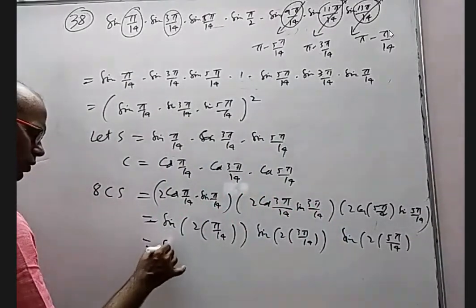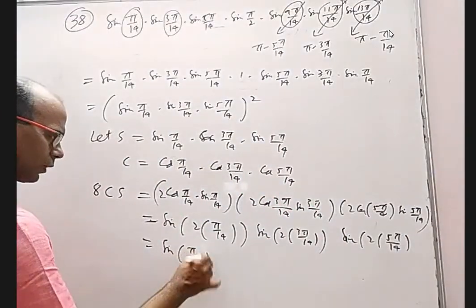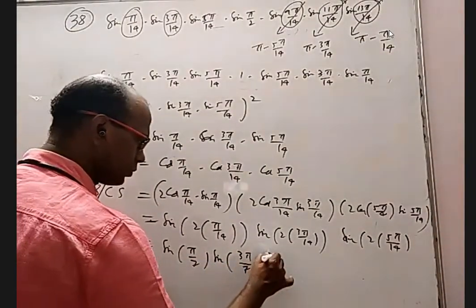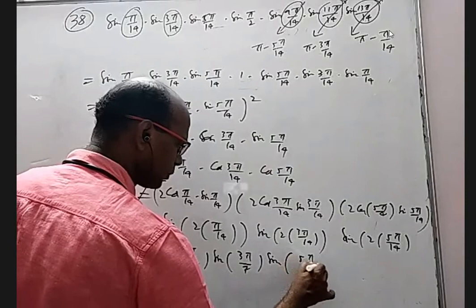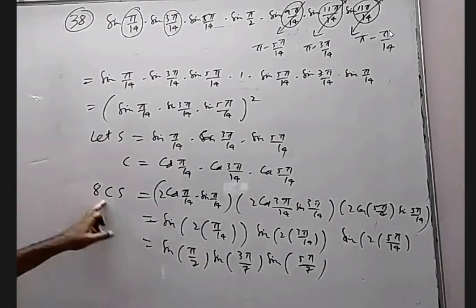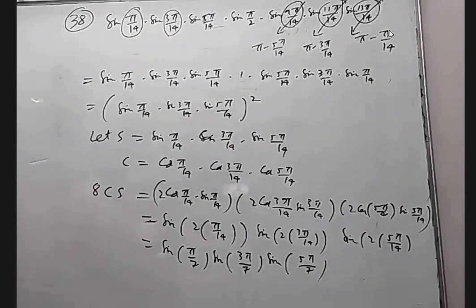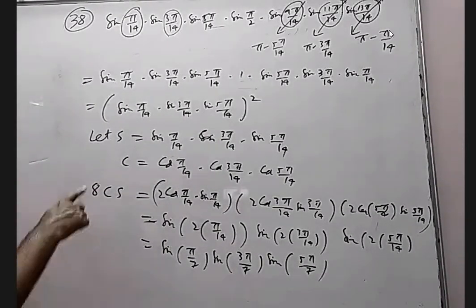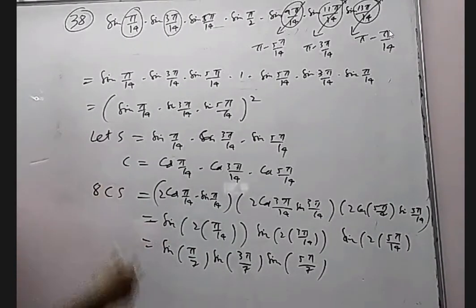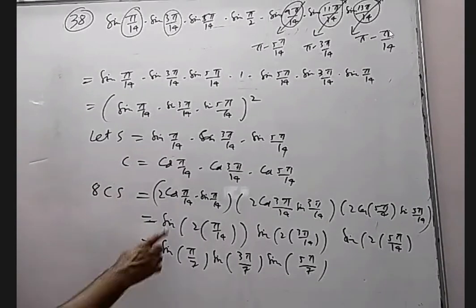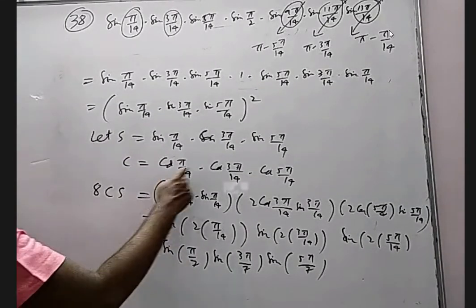Okay, so this is sine pi by 7 into sine 3 pi by 7 into sine 5 pi by 7. Now, this should cancel either with C or S, then only this method is useful. Especially if you wanted S, C and this should be cancelled. But C is in terms of cos, this is in terms of sine. How can we cancel unless you know they are equal or not? So sine pi by 7 should be equal to one of the cos things.